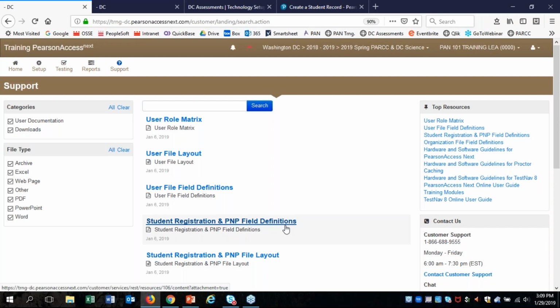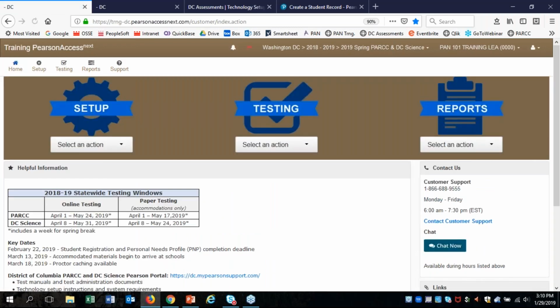Each of the different systems that you may be using or different processes you may be working with usually has a guide, and it also has something called the file layout, which is basically just an Excel document that's a sample of the information format that you'll need to put things in. So this is a great place to find all of those resources as you begin to use the system. Whenever you are wrapped up in a section here, you can just click home and it'll take you back to home base so that we can get started by looking at a few more things. I'm just going to take a look at